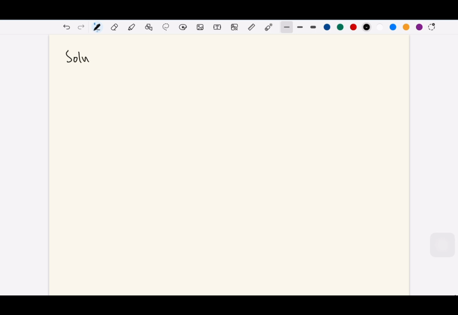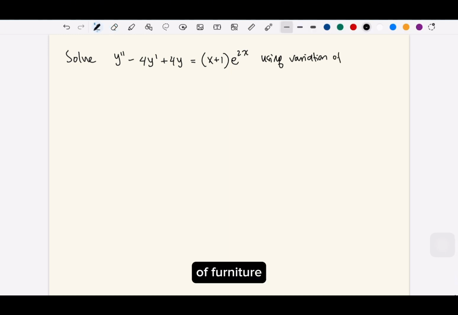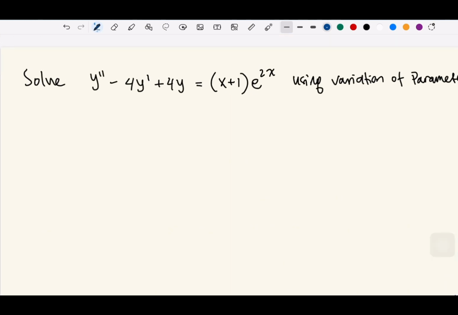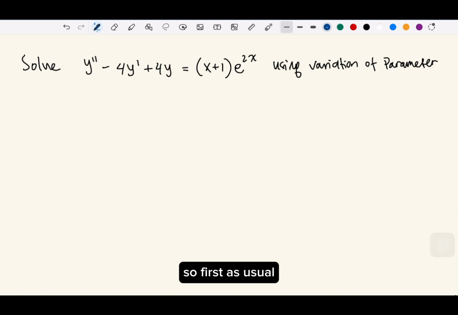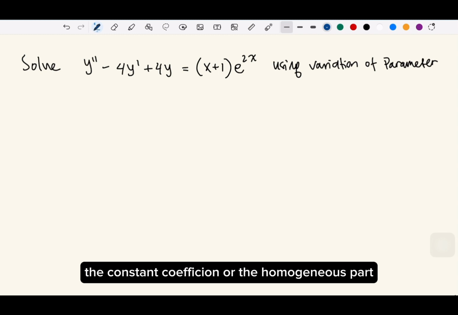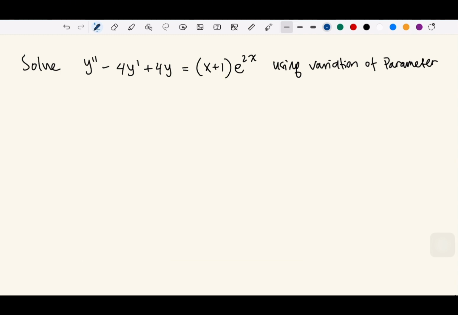Okay. So let me give you an example how to use this method. So solve using variation of parameter. Okay, so first, as usual, we can start working this differential equation with the constant coefficient or the homogeneous part, which means that we are going to have the auxiliary equation,